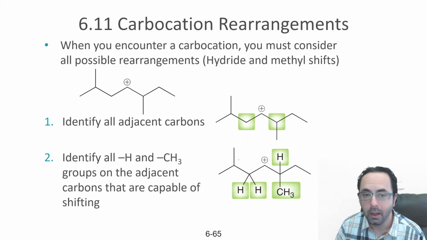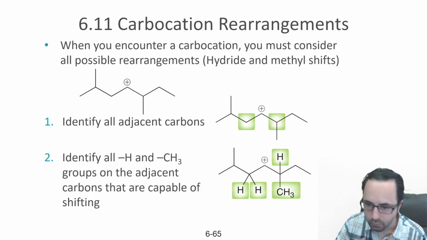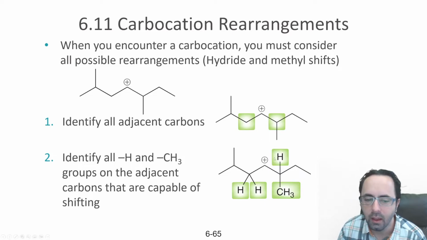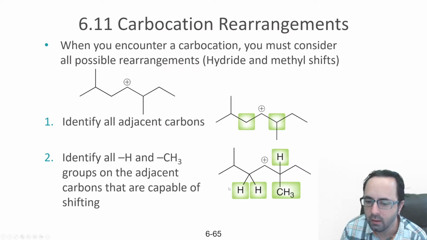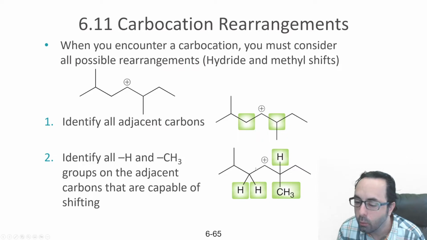When you encounter a carbocation, you have to think about what carbocation rearrangement would lead to the most stable result. So in this case, for this one, we look for the adjacent carbons. So the adjacent carbons are right here. There are 2 adjacent carbons. And one of these has 2 hydrogens attached. So 2 bonds to carbon, 2 hydrogens. The other has 1 hydrogen. And you now want to think about if there's a hydride shift or a methyl shift, which would produce the